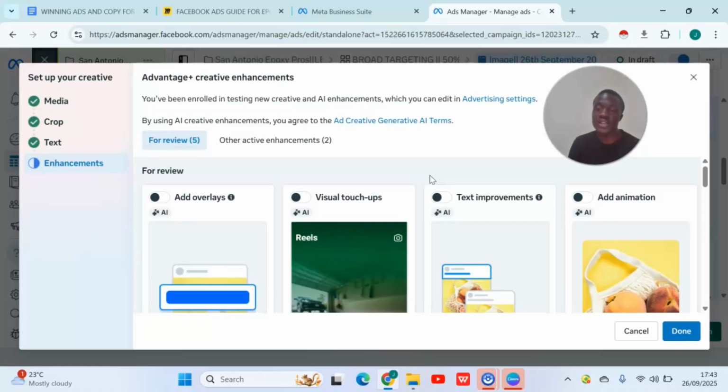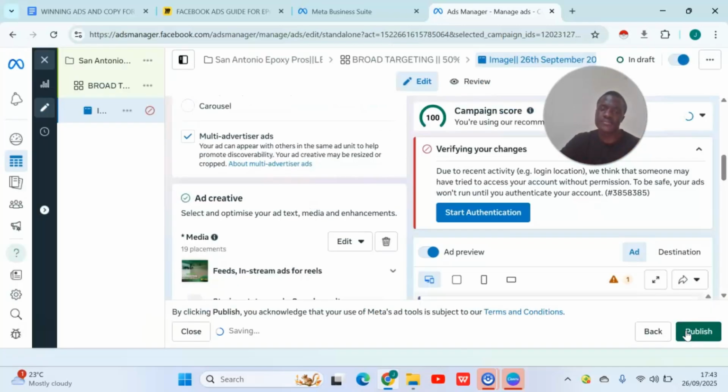So your ad will be literally playing Indian music, and that kind of bugs some people. You do not want to be running ads while playing Indian music or music from another country. I don't know why Meta has this tendency, but for this we're going to be leaving it off. So once you're done, click done,